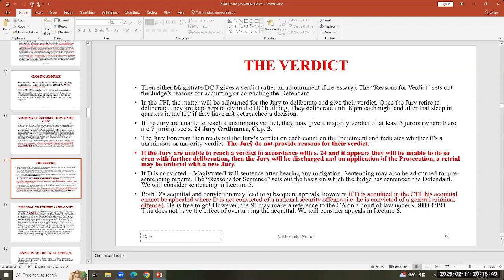And if they do convict, then obviously it's time for sentencing. If the jury acquit, then in a general criminal trial, there is no ability for the prosecution to appeal the acquittal by the jury. Only in an NSL case, if a panel of 3 judges acquits, can that acquittal be